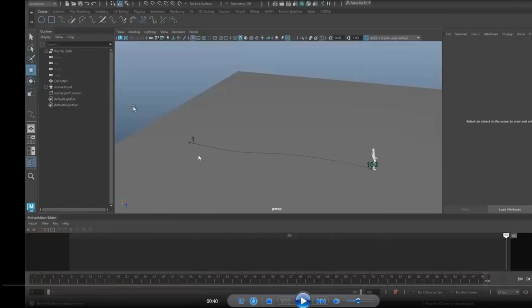But right now I think this is the good side of Motion Maker. Once you get the character and then you get the path, you can generate. I think this is the panel. So around here there is a button, you can press the button, and then they automatically generate further, and then Autodesk can predict frame by frame.